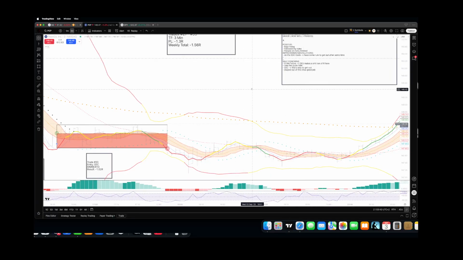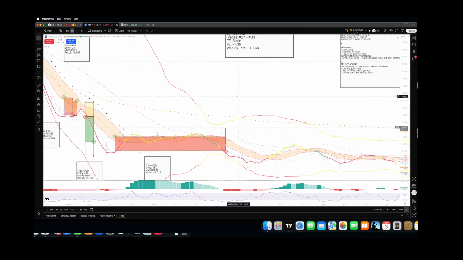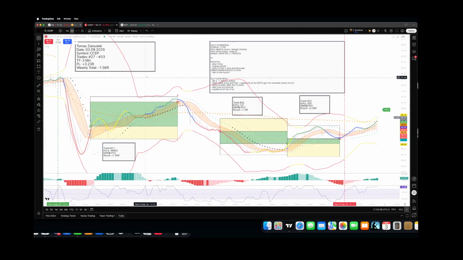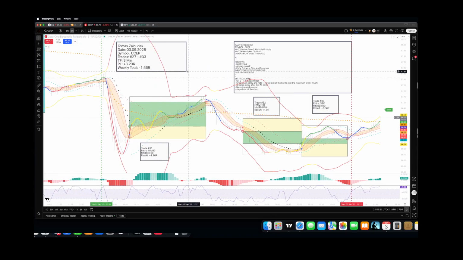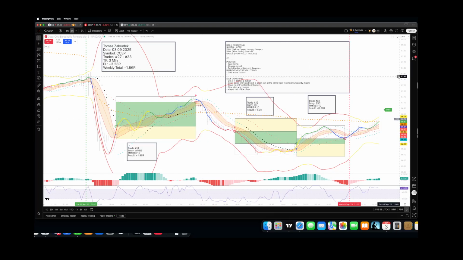And Ken would say that good job staying out of the chop, or I would say to myself, good job staying out of the chop. That's good. So that's the first symbol. The second symbol is Coca-Cola Europe Pacific Partners, CCEP. We took home 3.23R out of this one. So let's go look at the